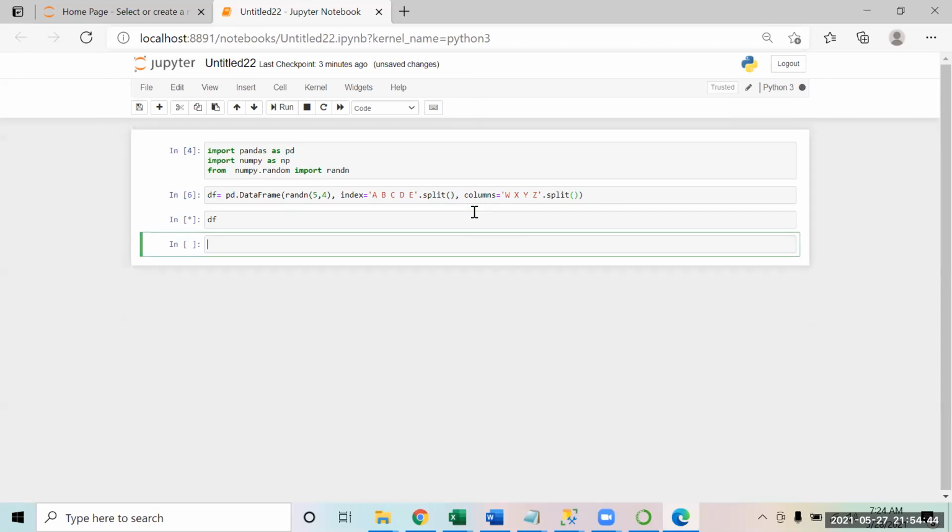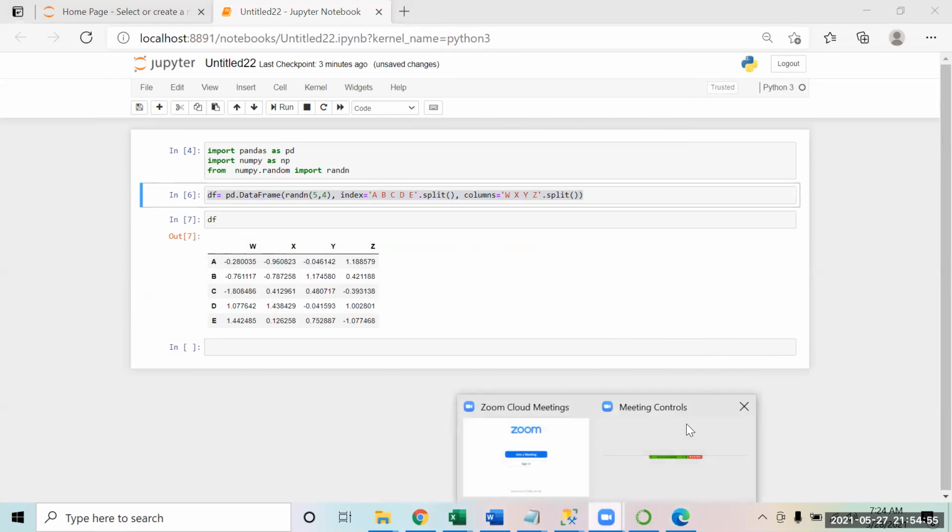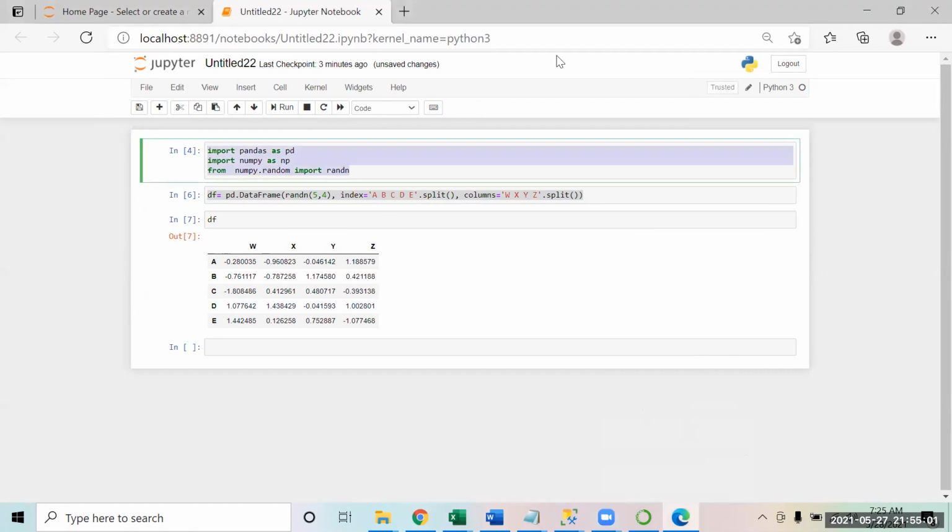So our data frame is created. I'll share this over the chat so we all can also quickly create it. But before that, please run this also.